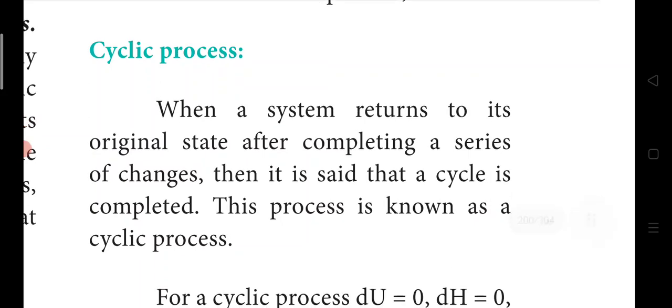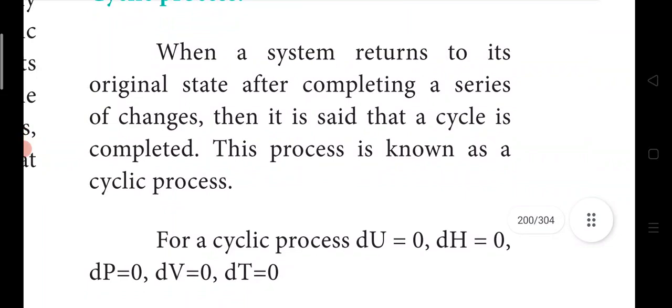And cyclic process, when a system returns to its original state after a series of changes, A, B, C, D. So a series goes from A to product B, B to C, C to D, D to E, and the final product again goes from E back to A, then it is a cyclic process. So after a series of changes, it again returns to the original state, then it is a cyclic